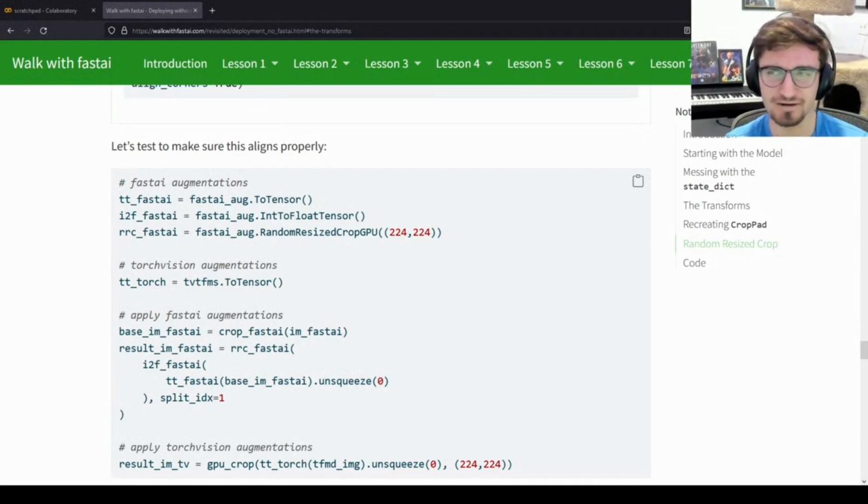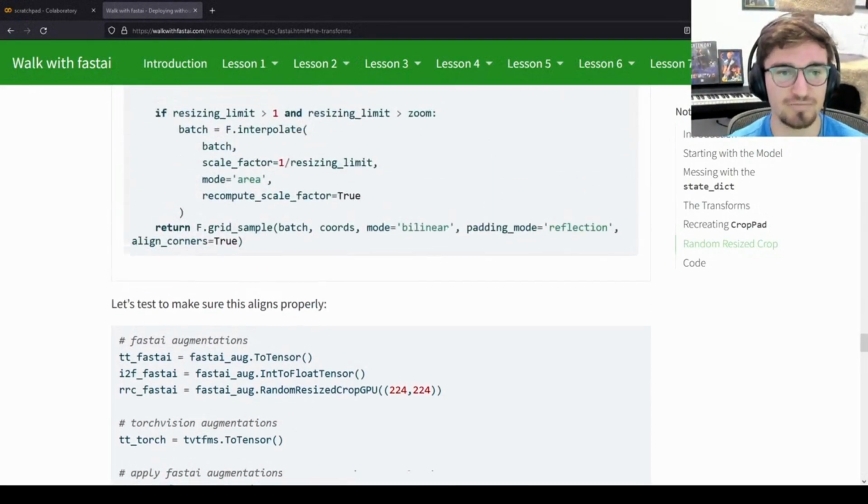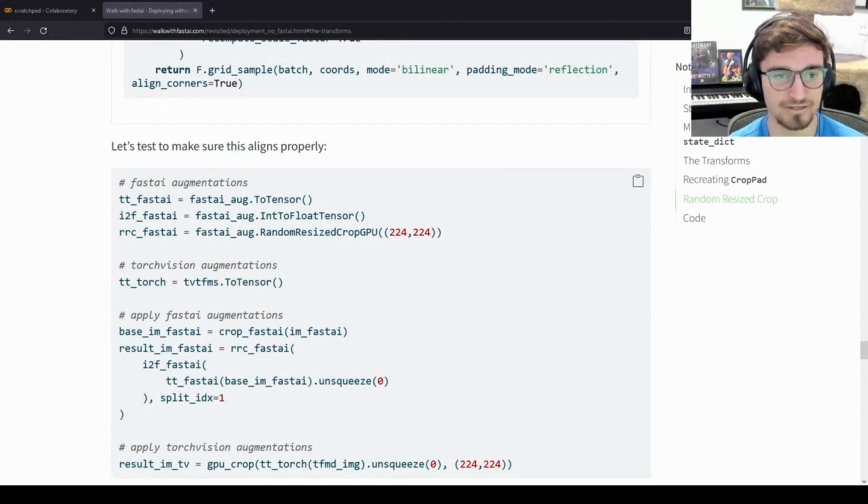There's a few custom layers that I mentioned earlier. That code is pretty easy to read and navigate through and deal with. It's the other part, it's the data API. Why is random resized crop needed? Specifically, it's because with how fastai uses random resized crop GPU, the image needs to be the same size